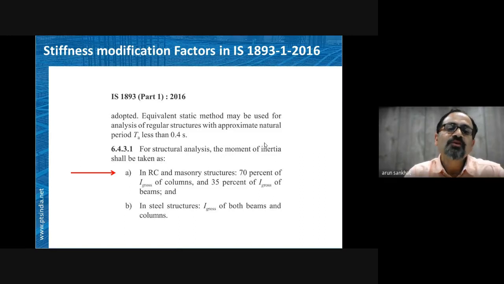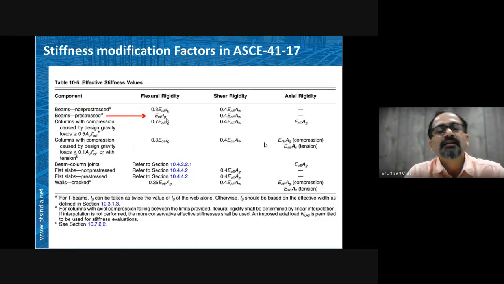Whereas there is no criteria actually regarding PT structures in our earthquake codes, but we are hopeful that those criteria will be included in the near future in the forthcoming revisions, as the awareness is created regarding the PT structures. This will get fulfilled in our codes as well. We are hopeful about that.